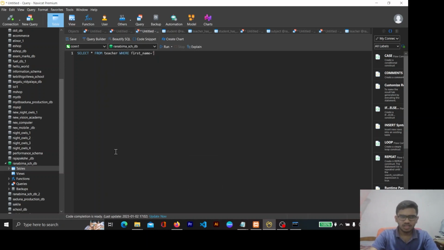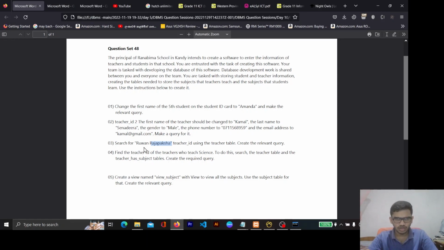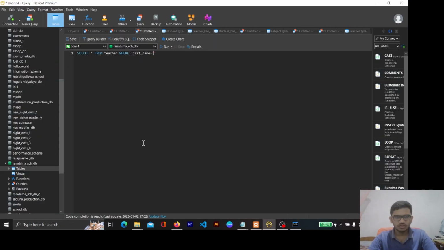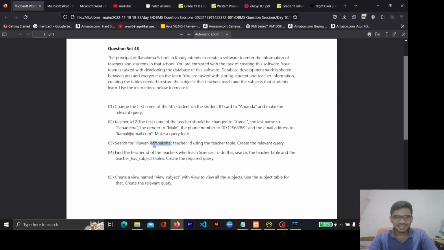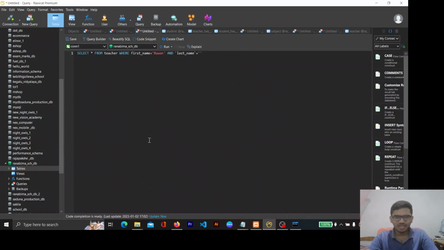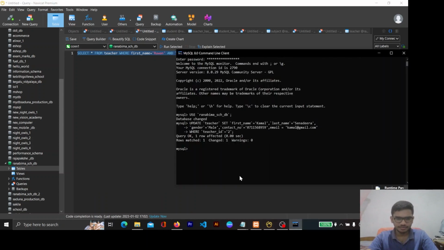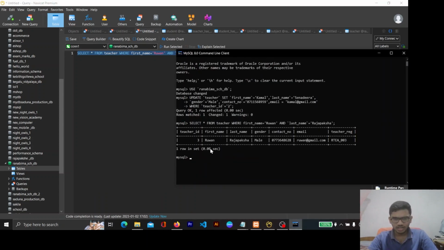first name should be equal to Ruwan, and at the same time the last name should be equal to Rajapaksha. And if we run this command line, you get the following